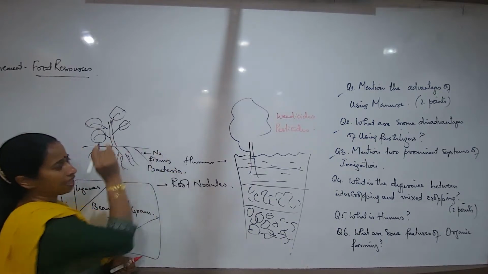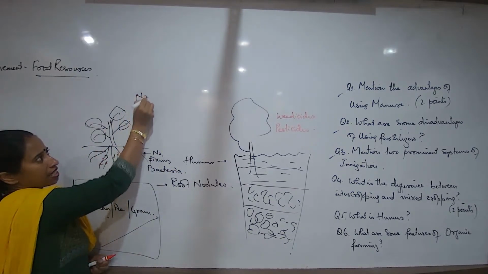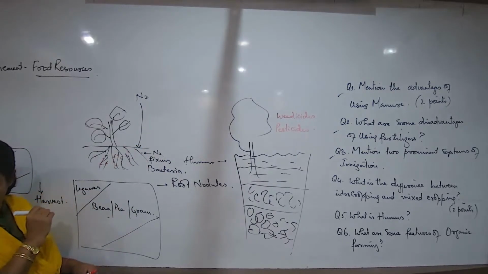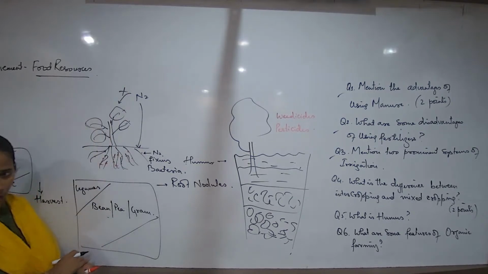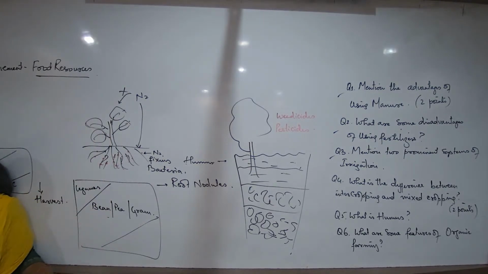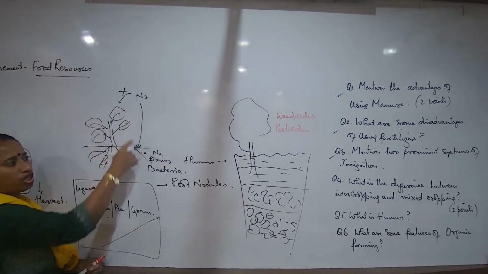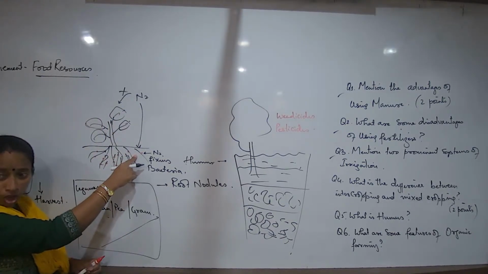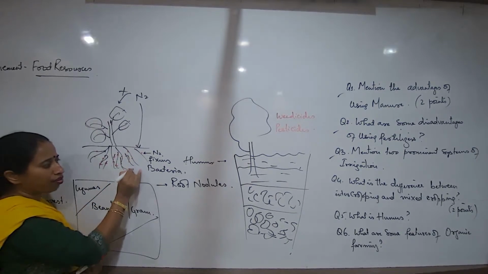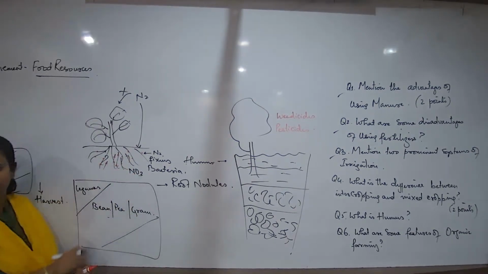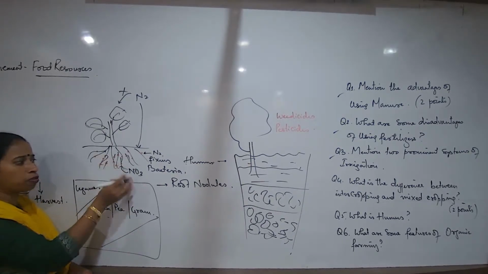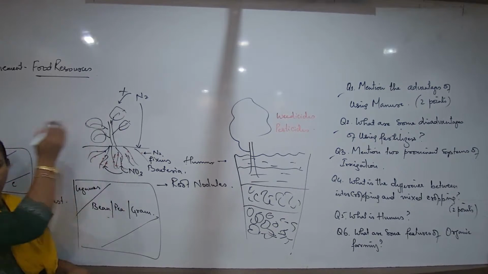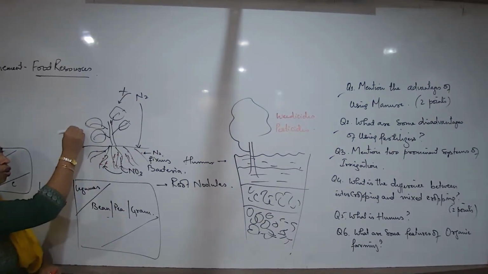And what is this bacteria doing? This bacteria is converting the atmospheric nitrogen. Molecular nitrogen, can the plants take it? No, they cannot take it. Though the plants are exposed to a huge amount of nitrogen, they cannot take it. So this nitrogen has to be dissolved in the soil water. And in what form? They have to be somehow converted into nitrates, which this bacteria can do. And then it can be absorbed by the roots. And it now goes up.